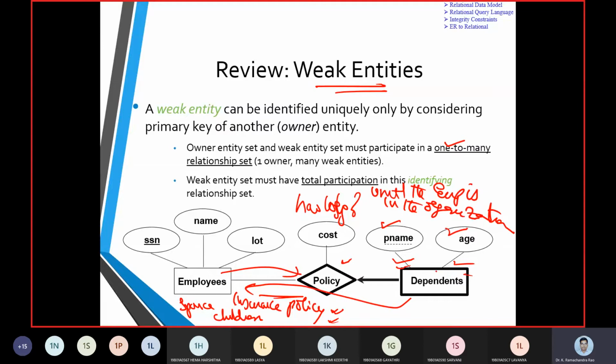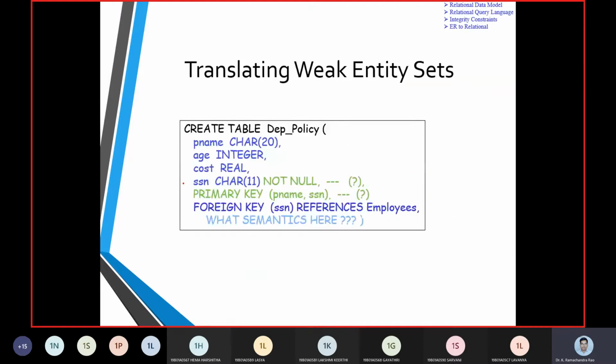So the constraint is how long, and where these dependents are accumulated. The dependents are purely accumulated on the employee SSN number. They are not part of the organization, but still they get the benefit. So we call such entities weak entities.